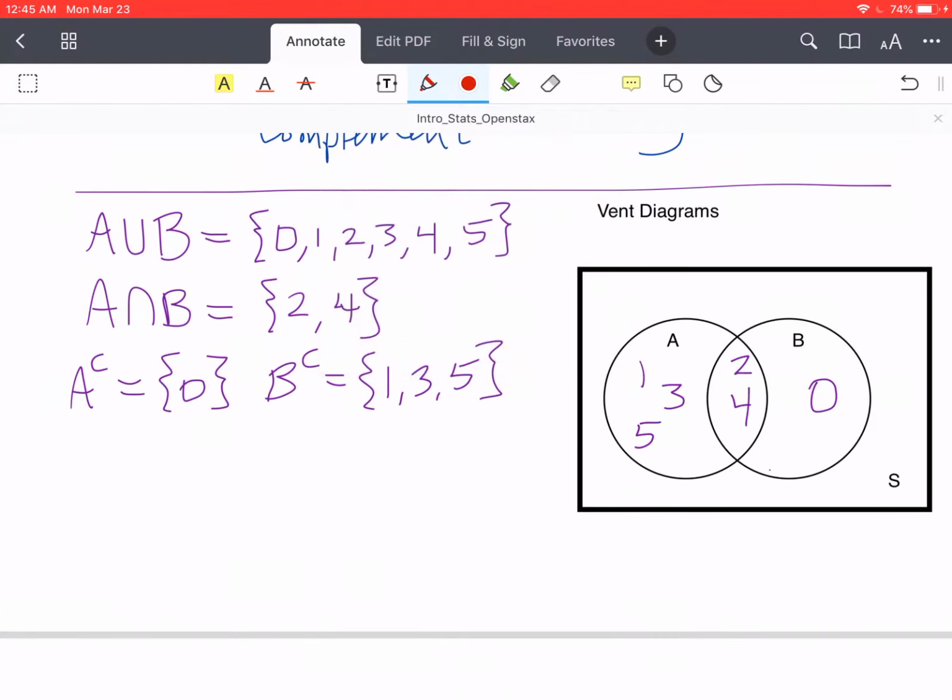If we're talking about these different sets, the intersection is quite literally the intersection of the circles. That's going to be A intersect B. The intersection is where they overlap, so that's just this portion. The union is going to be everything that's in A or in B or in both, so it's anything that's in the circles. If there was another value that did not lie within A or B, so for example if 6